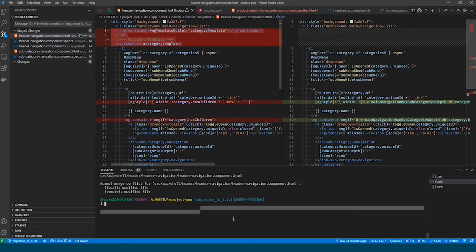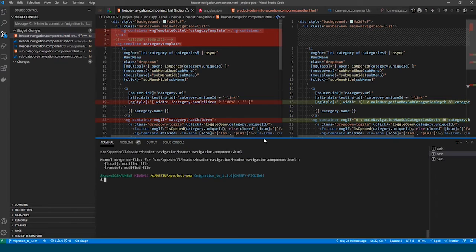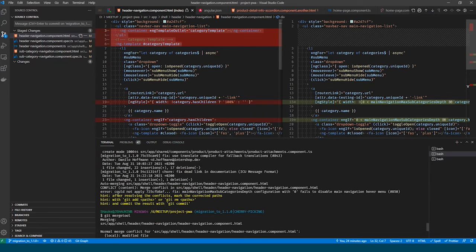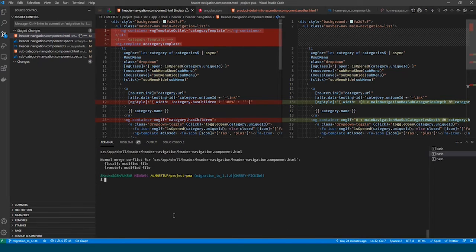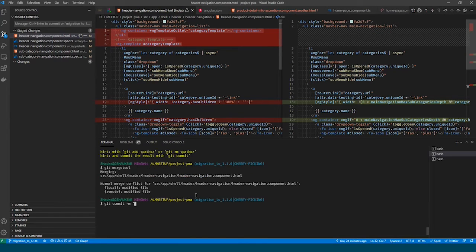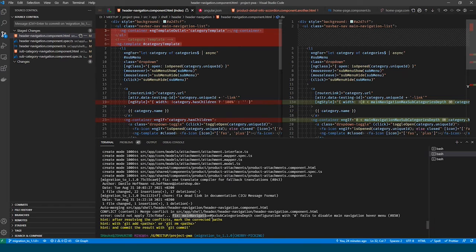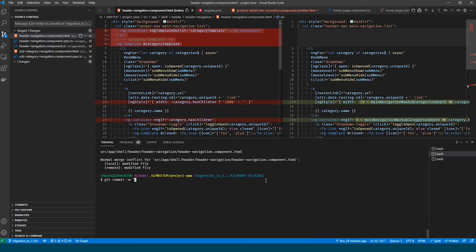So, with the cherry pick, this one tells me what I need to do. Once I resolved my conflicts, I need to add this and I need to commit it myself. So I do git commit. I can use the original message here so I know what the commit was, and I guess it does not need to